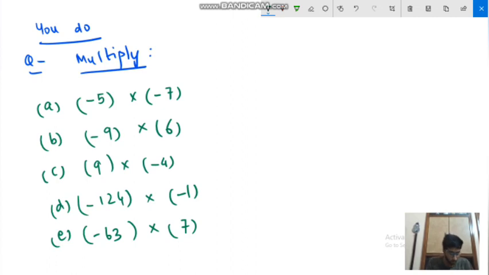Okay, so what you are supposed to do is you have to multiply. I will give you one more. Okay, if we have done two negative, let's do two positive also, that is 12 into 10, and one more is, let's go for positive into negative. Okay, so 8 into -7.